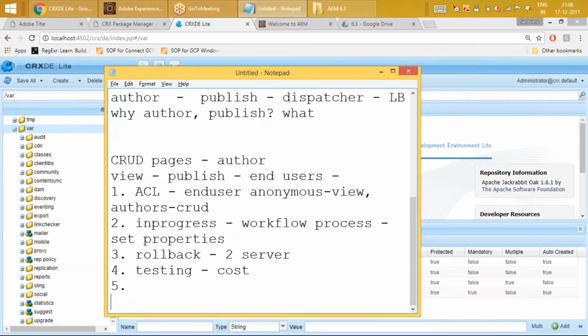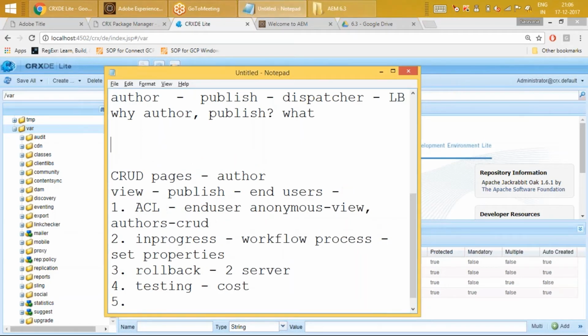Fine. When I launch the jar, it's asking for username and password. Username and password is admin. It is similar to Oracle. What's the default username and password in Oracle?